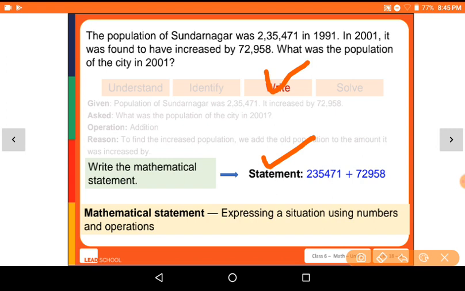Statement, obviously: 2,35,471 plus 72,958. We will add both. Then expressing a situation using numbers and operations, both are to be cleared into the right category. So the third one is over. Now the fourth one,